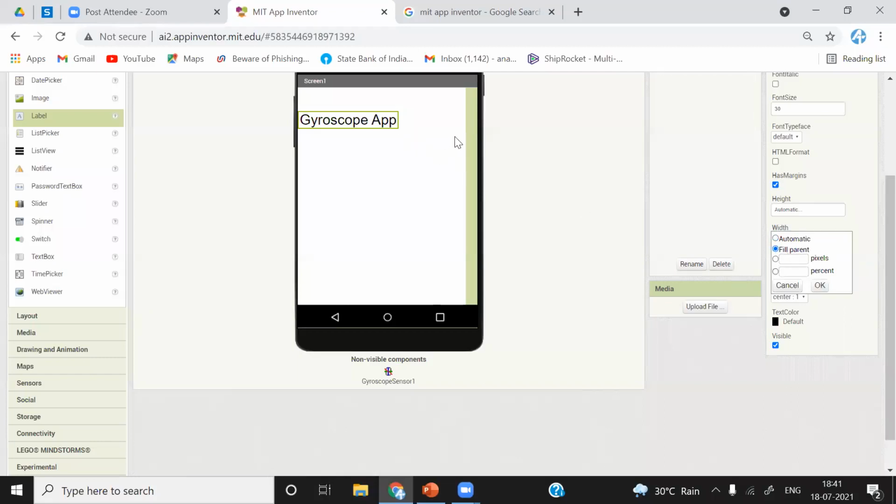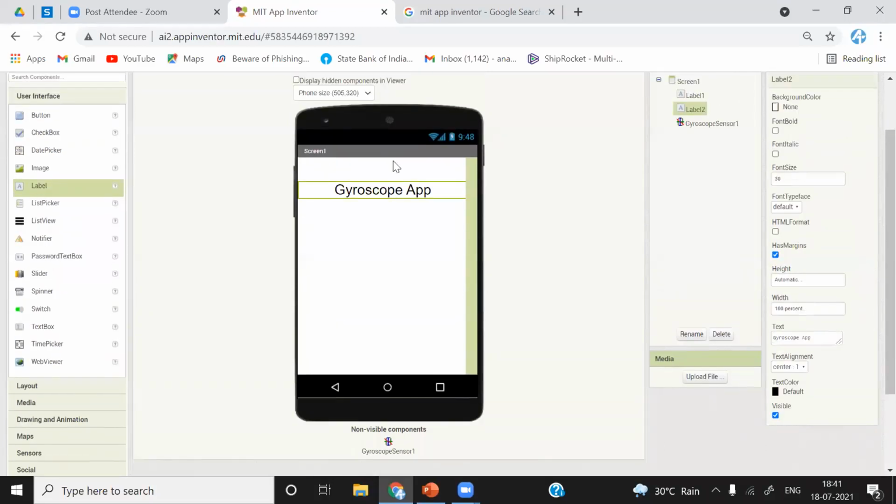Fill parent means it will cover the entire width of the screen, and percentage 100% does the same thing. Now it is centered and looking a little nicer.